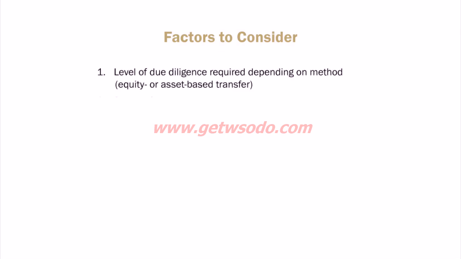The other way of taking ownership of a business is just to buy the assets in an asset-based transfer. You'll sign an asset purchase agreement, or APA, which is kind of like an a la carte deal. You buy whatever assets you want and leave behind, or negotiate whatever you don't want. And it's important to consider the pros and cons of both methods. So there are 7 different factors that I want you to think about. They are: number 1, the level of due diligence required, depending on which method is used. Number 2, the speed of the transaction.